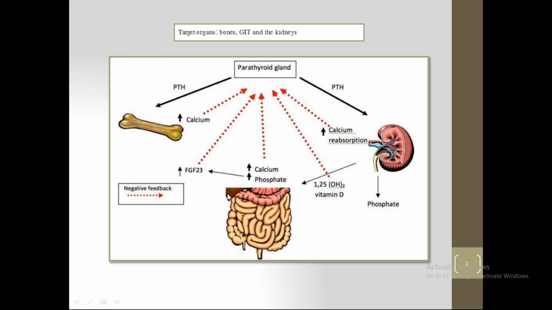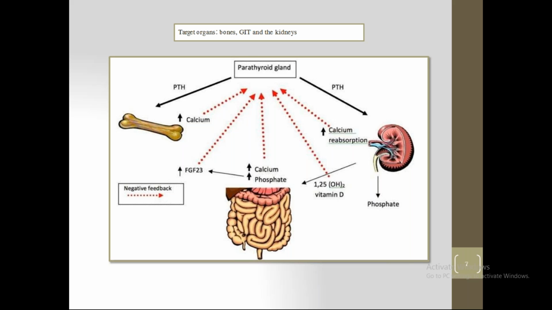Okay, always remember parathyroid hormone acts on the bone, which increases bone resorption and increases the level of calcium in the serum. Second, it acts on the kidney, causes reabsorption of vitamin D, which predominantly, 80%, takes place in the proximal convoluted tubule, okay, and causes excretion of phosphate. This vitamin D, which is reabsorbed from the kidney, acts on the intestine and causes increased levels of calcium and phosphate.